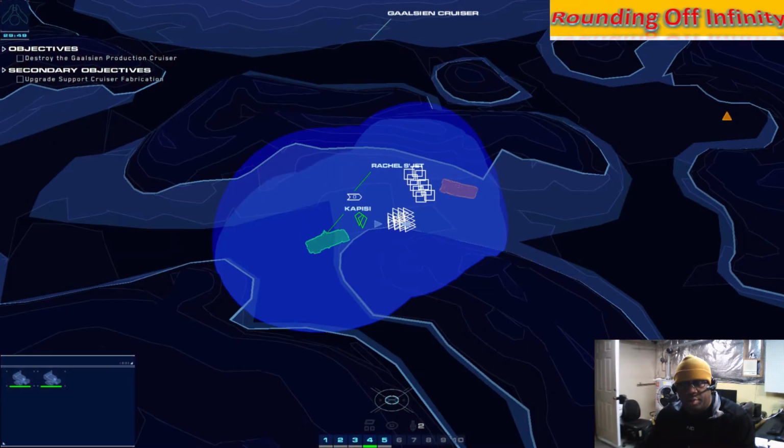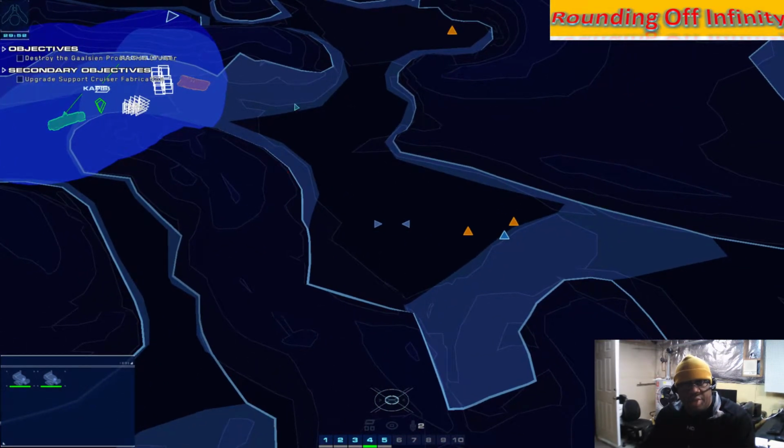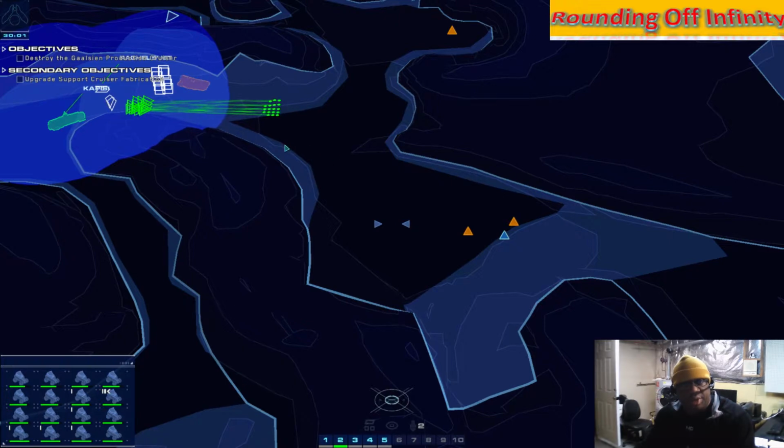Okay. So I need to get into this canyon and make this right-hand turn. So what I'm going to do is move, send units out to the edge of my sensor set distance, and hold everybody else off until...